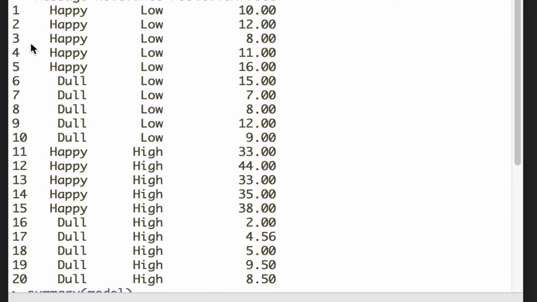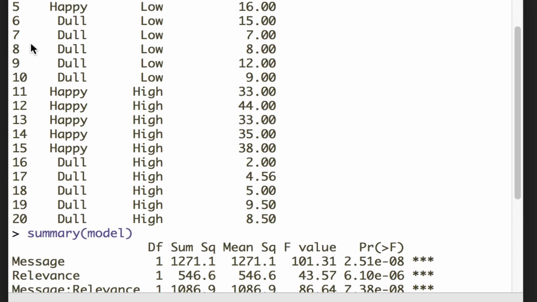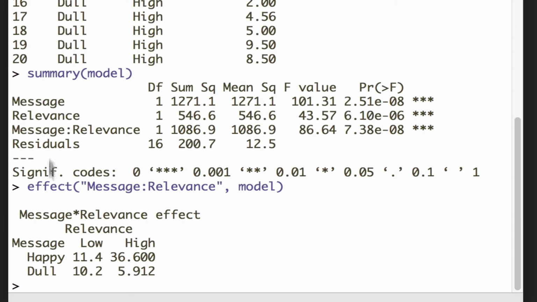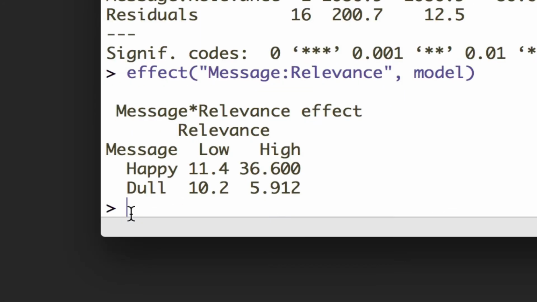We need a variable that captures it in one variable. So to do that, with this data frame object called affect.data, where I've got the data stored, I'm going to say affect.data,